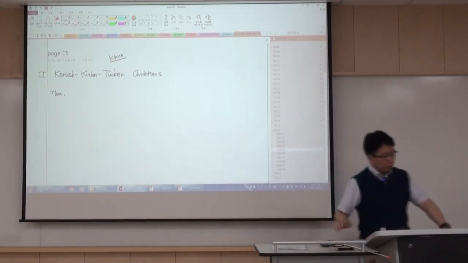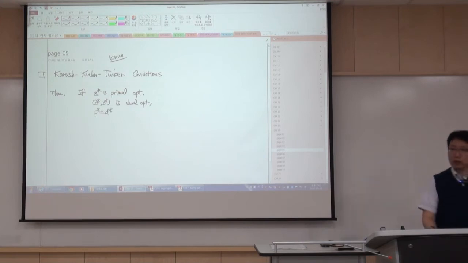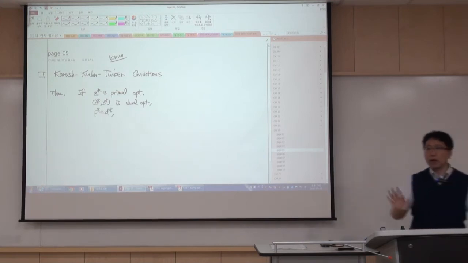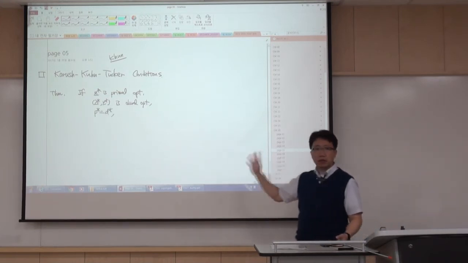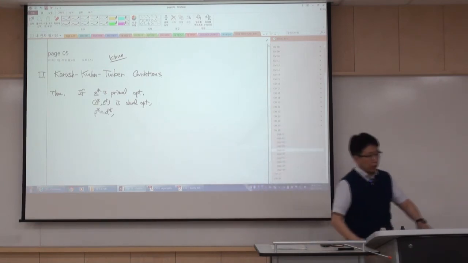So as you remember, if x star is primal optimal and lambda star, nu star is dual optimal, and P star equals D star, strong duality holds. So far the same as the complementary slackness, but you have one more condition, that is,